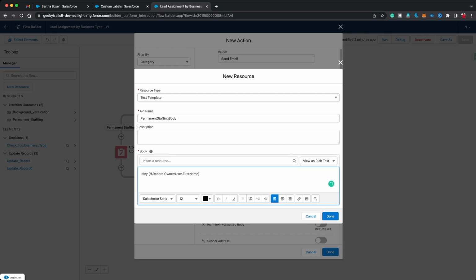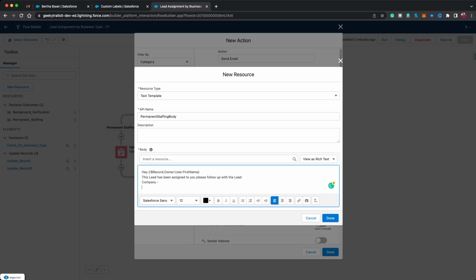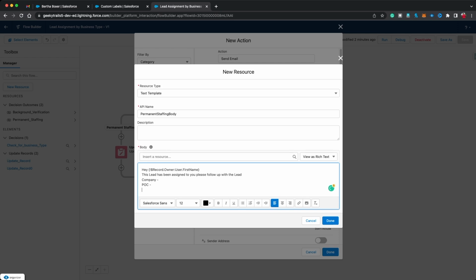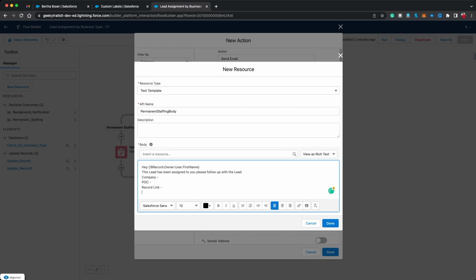Hey, and whatever the name it is, let's say Shivang. Hey Shivang, this lead has been assigned to you. Please follow up with the lead. Now I am going to provide the information, let's say company and POC, person of contact. So let's say this, and let's say I am also going to provide the dynamic link of the record so that the user can simply click on that link and